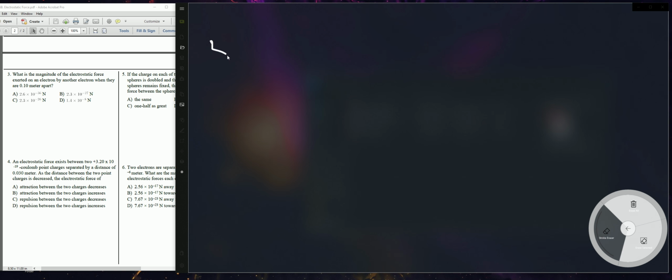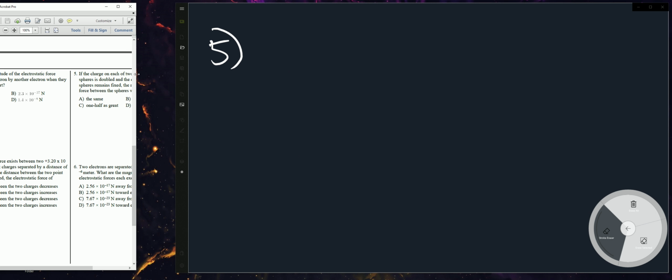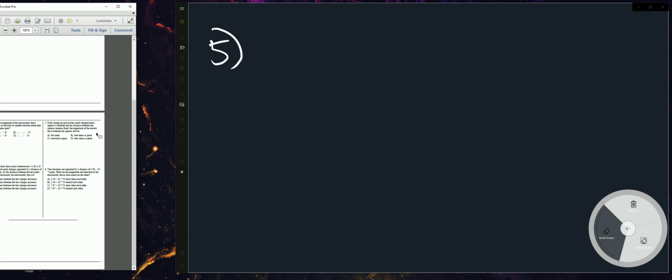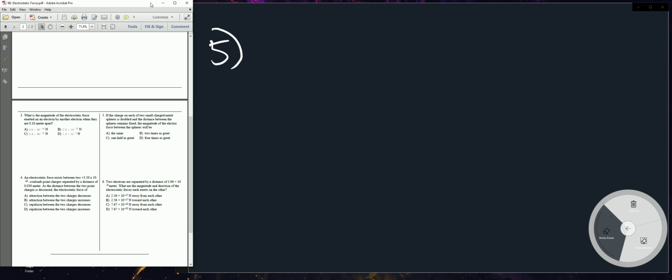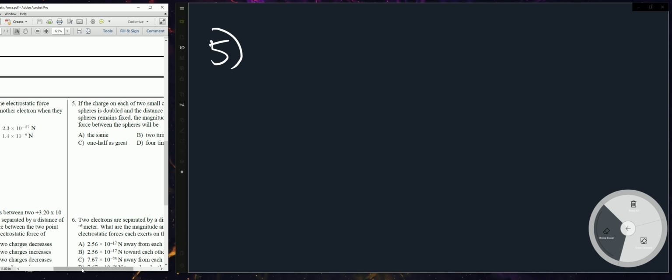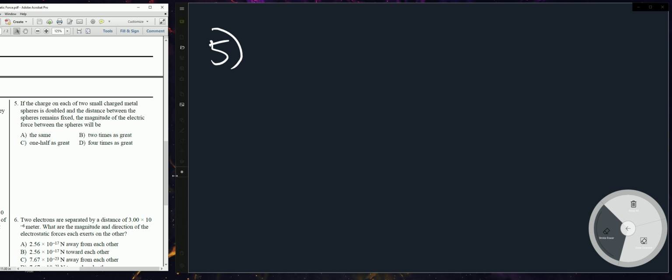So now let's look at number 5. Number 5 says if the charge on each of two small metal spheres is doubled, the distance between the spheres remains fixed. The magnitude of the electrostatic force between the two spheres will be